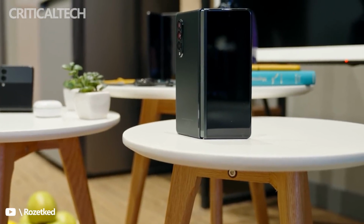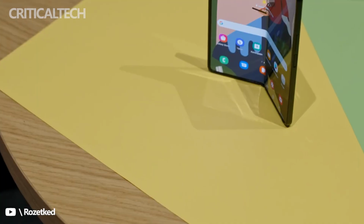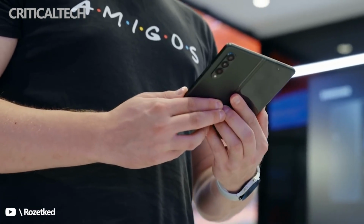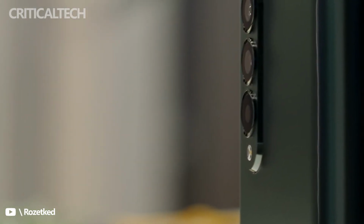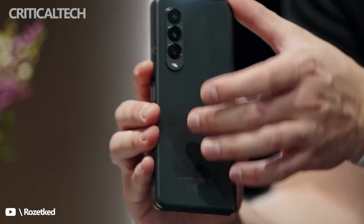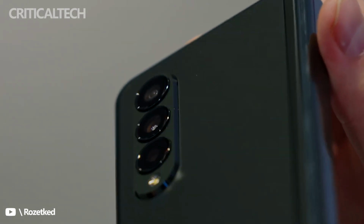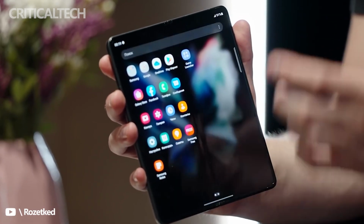In contrast, the Galaxy Z Fold 3 has triple rear cameras, a 12-megapixel f1.8 main sensor with OIS, a 12-megapixel telephoto camera with OIS and 2x optical zoom, and a 12-megapixel ultra-wide camera. A 10-megapixel camera is placed on the cover display, while the under-display camera on the main screen is a 4-megapixel solution. The X Fold has a 4600 mAh battery with support for 66-watt fast wired charging and 50-watt fast wireless